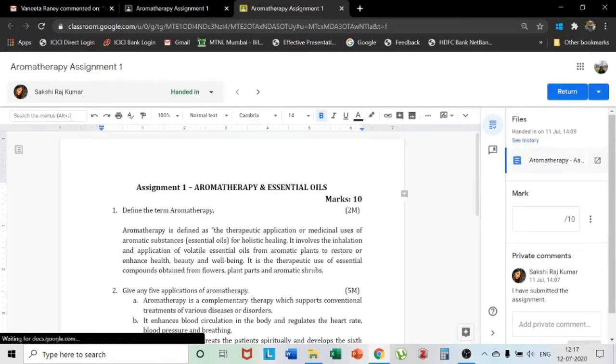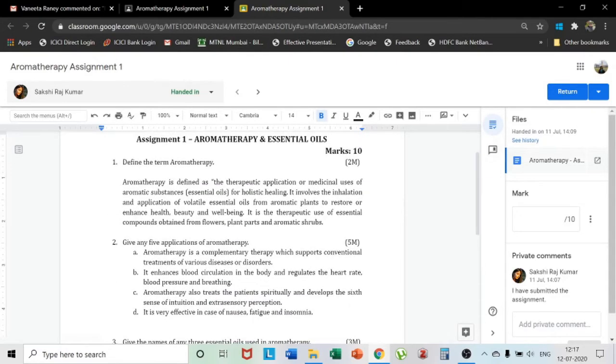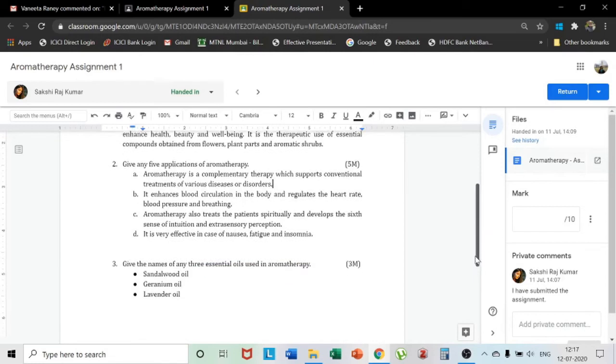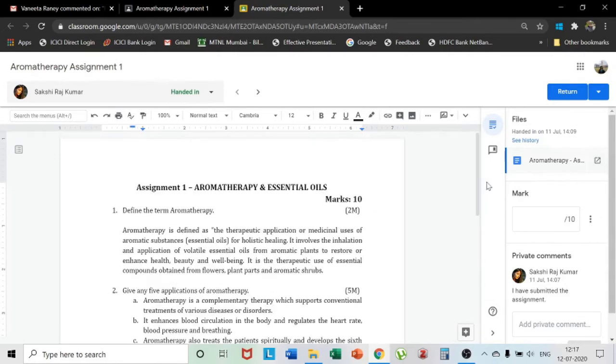So you can see I have shown you the blank form. The student has written or typed the answers for all these things, and if I feel I should give 2 marks over here, 2 out of 2. Out of 5 here, 4 points are written which are very correct. So out of 5 I can give 4 marks over here, and here also 3 names are given correctly. So out of 10, if I feel like giving 10 out of 10, or if I feel like giving 9 marks, I will simply type 9 over here.